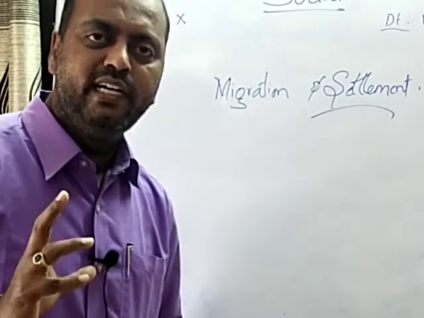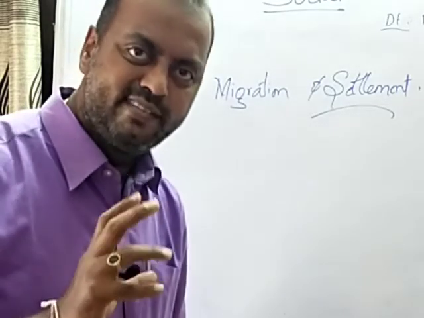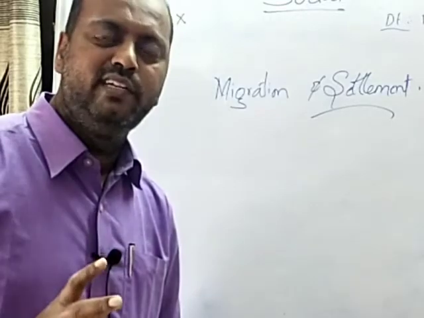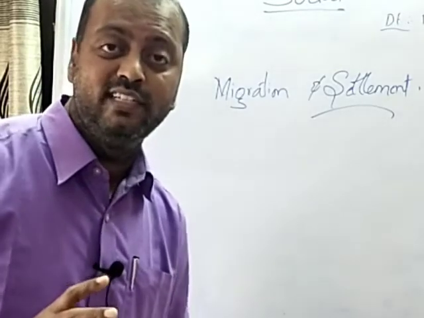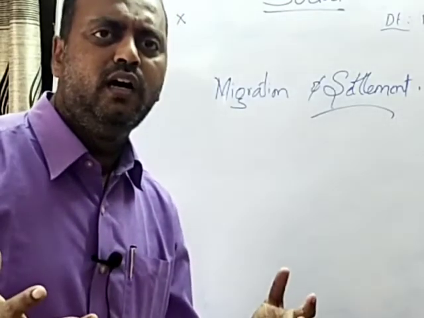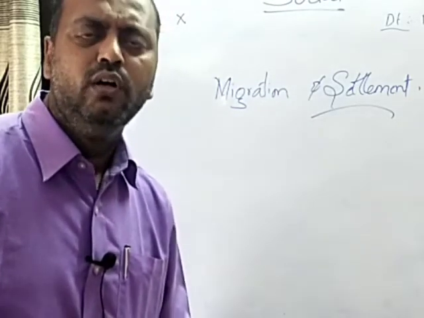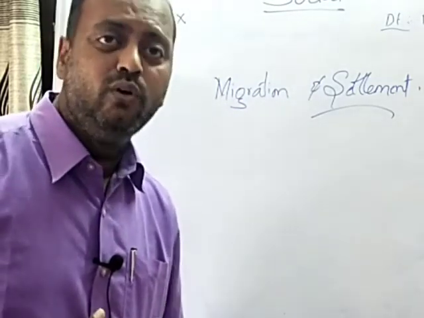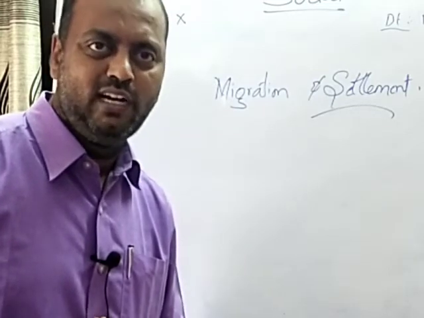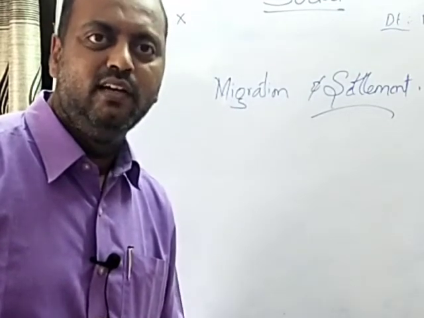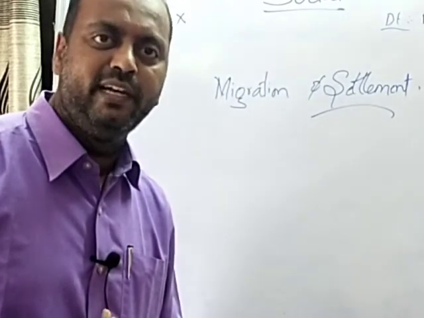So we shall read a case study relating to the settlements of Delhi, how the settlements of Delhi have taken place, the unauthorized settlements, and what a settlement is called if the population is below 5,000. If it is above 10 lakh, what is the settlement called? We shall see in the further class about settlements and migration, children. Thank you.